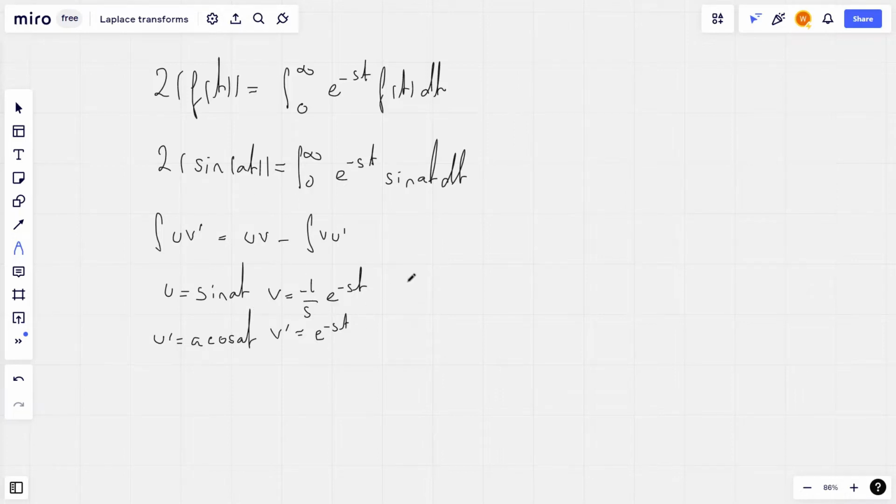So using this, we get minus 1 over s e to the minus st sine of at from 0 to infinity, plus a over s with the integral from 0 to infinity of e to the minus st times cosine of at